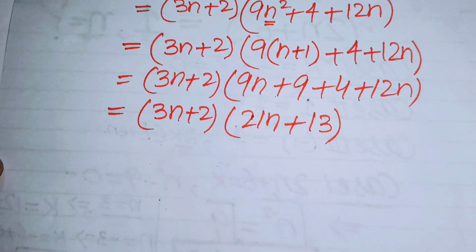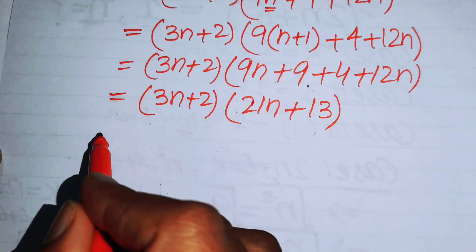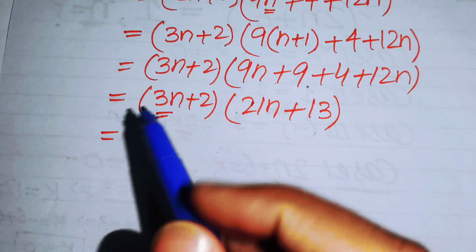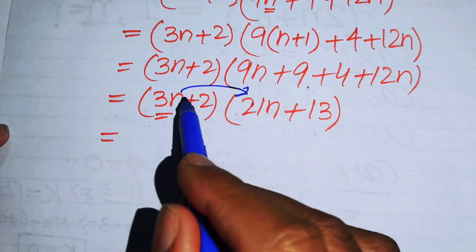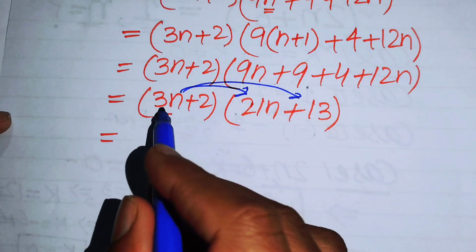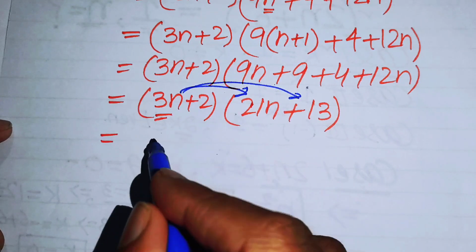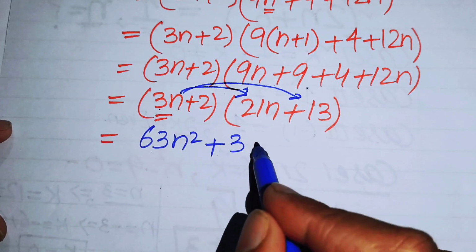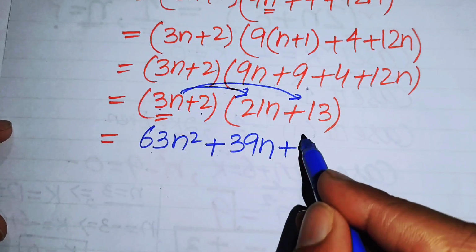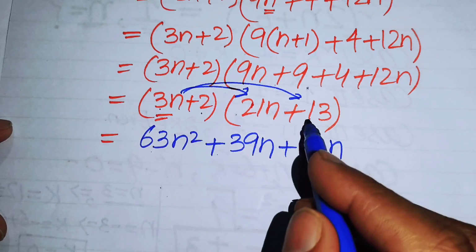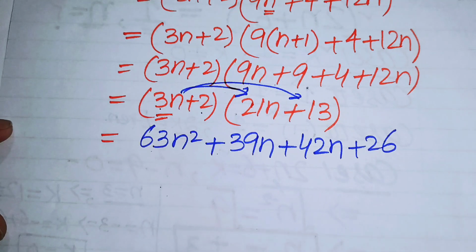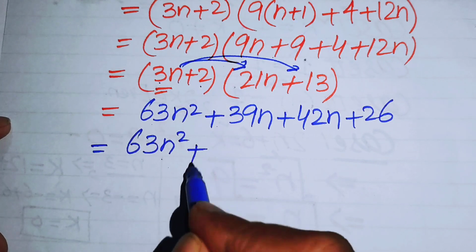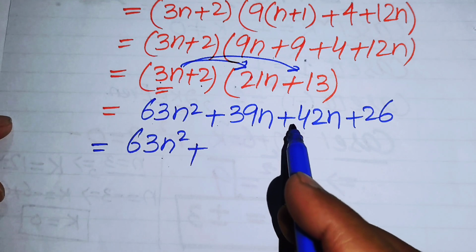And now in the next step, we have these two factors, so we multiply these two factors with each other and we get, first we multiply this 3n to this factor, and after that we multiply this 2 to this factor and we obtain 3 multiplied by 21 equals to 63 times of n square, and 3 times of 13 equals to 39n, and 2 times of 21 equals to 42 times of n, and 2 times of 13 equals to 26. And now here we again add or subtract the like terms and we get 63 times of n square plus 39 plus 42 equals to